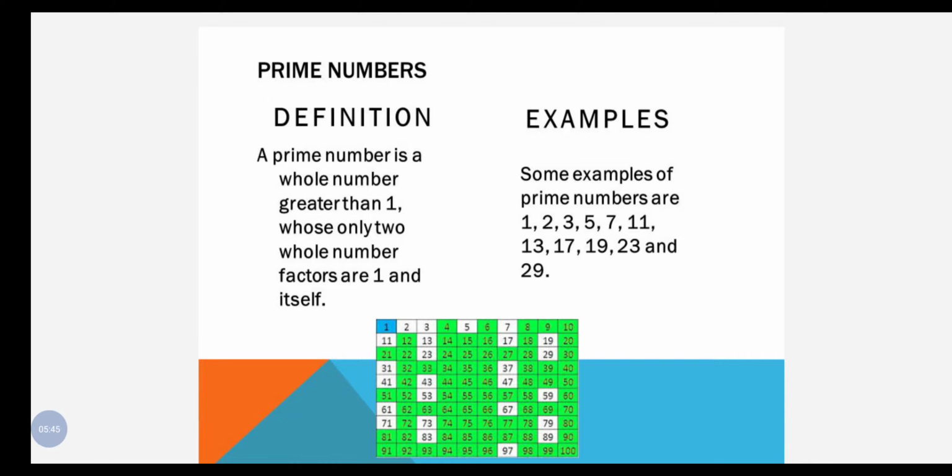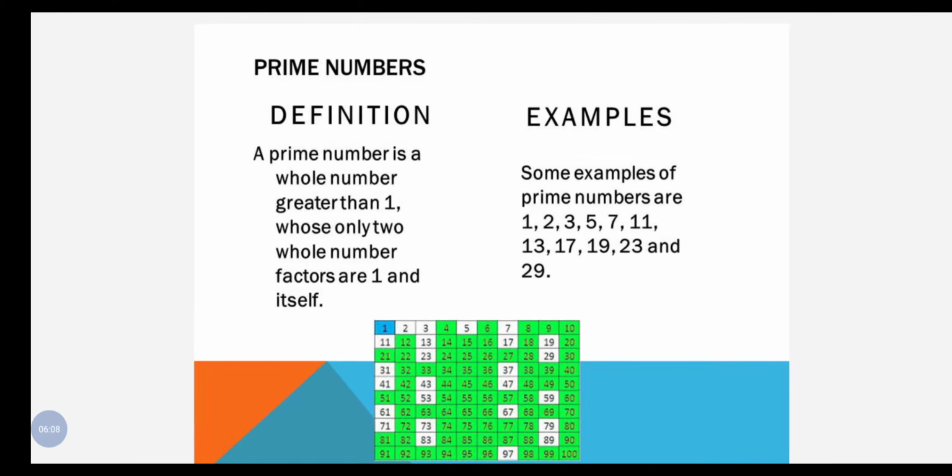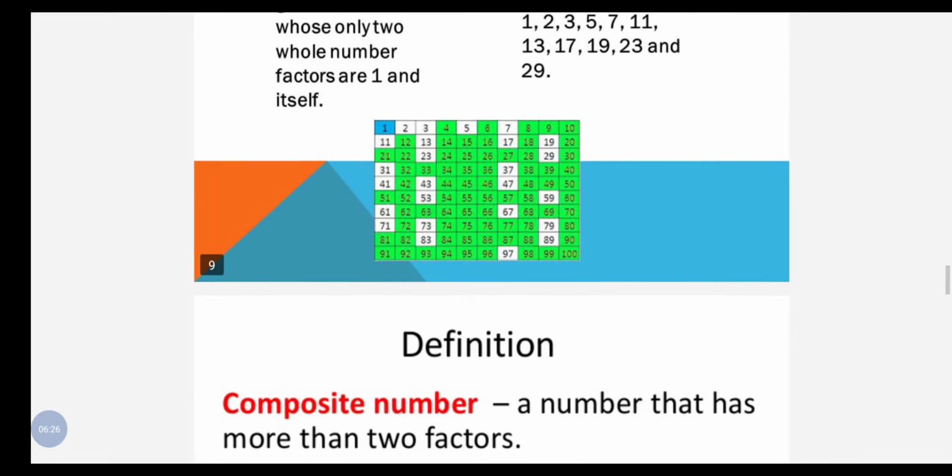The first one is 1 and another is the number itself. Means, for example, the number which is divided by 1 and by the number itself only, that is the prime number. For example, 2, 3, 5, 7, 11. For example, if we took 11, so 11 is a prime number. Why? Because it is divided by 1 and 11 itself. There is no other number by which we can divide 11. So the number which has only two factors, that is 1 and itself, are known as prime numbers.